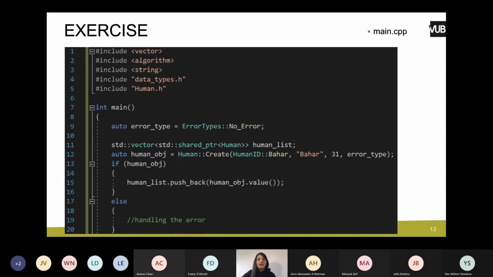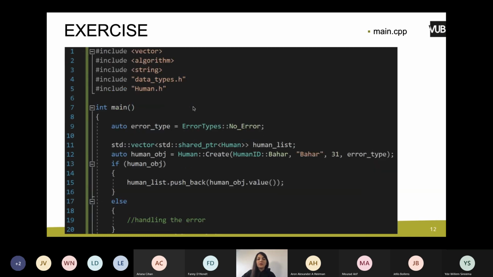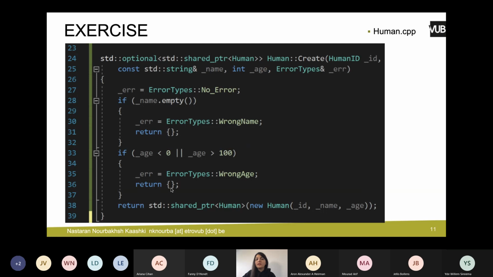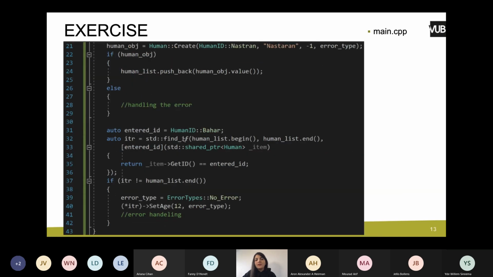How can we work with them? For example, here I had a wrong age. If I come here, it will go to this because it will not create that for me. It will not create, it will return only an empty object as we saw here. It will return an empty optional object. How about this one? Everything is correct. Oh no, sorry. This is when we are going to work with